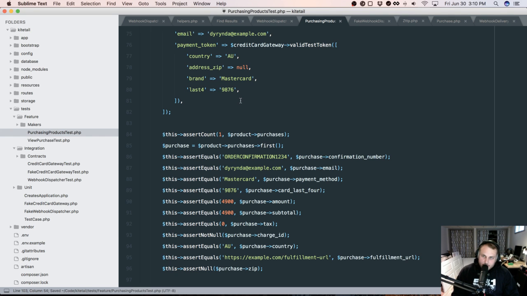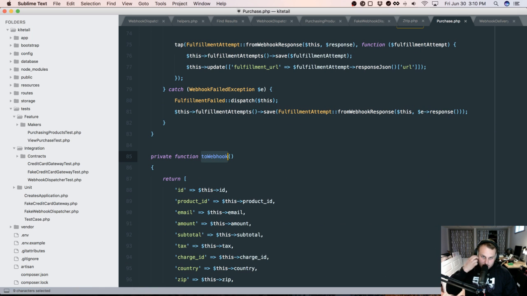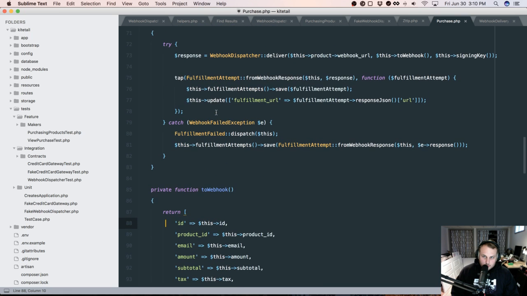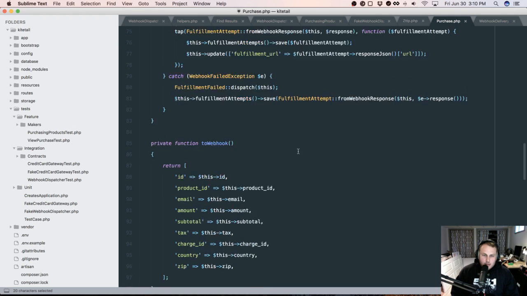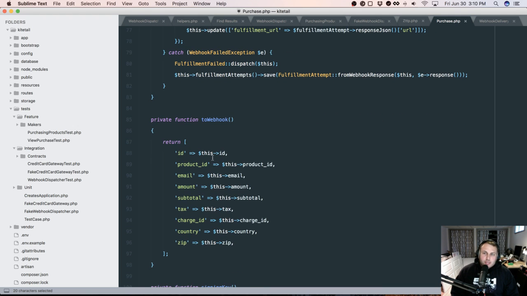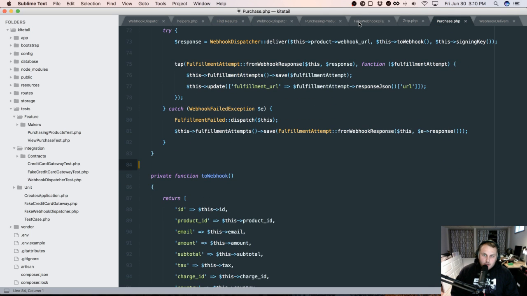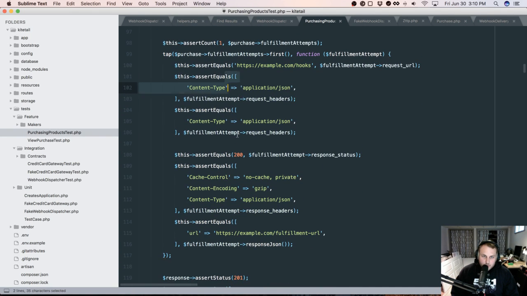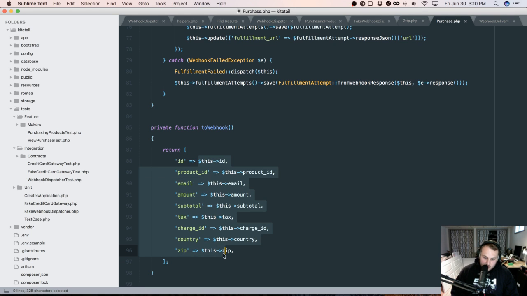So if you look at the purchase class, it has this toWebhook method. This is actually kind of interesting to me, because I'm not sure if there was anything in our tests currently that would break if I commented this out, which is kind of an interesting thing to think about, kind of a smell. Let's comment this stuff out for a second and run this one test. So this test is green. If we were to mess up this whole method,